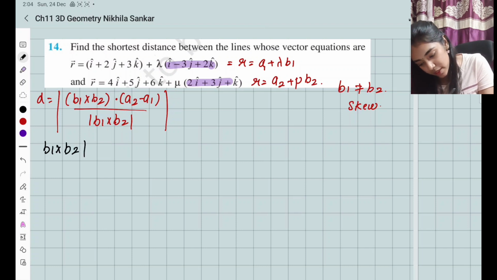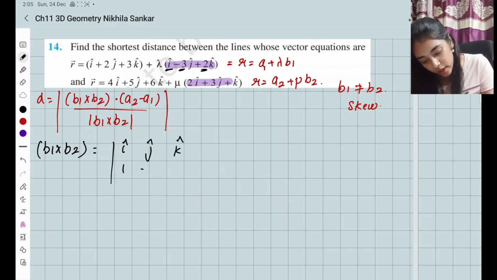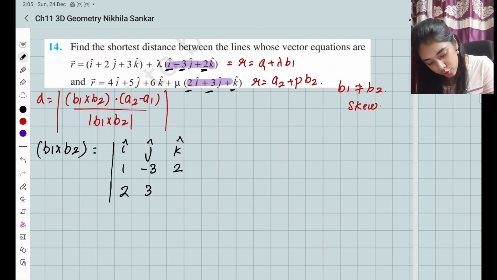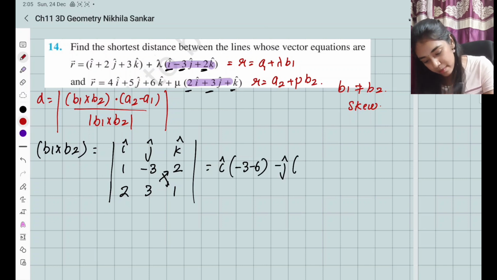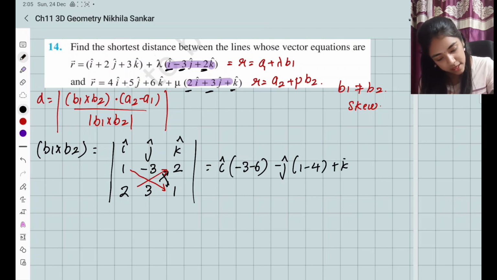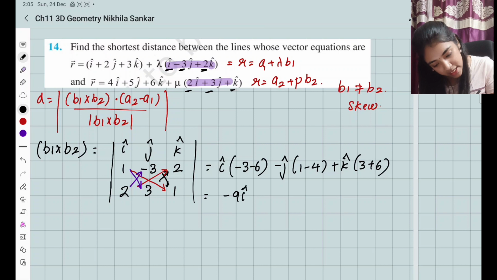So B1 cross B2 modulus அப்புறம் எடுத்துக்கலாம். This is going to be I, J, K and the first value is going to be 1, minus 3, 2. Next line la 2, 3 and 1. Now I have I cap times minus 3 minus 6, minus J cap times 1 minus 4, plus K cap times 3 minus of minus 6. So 3 plus 6. So this is going to be minus 9 I cap plus 3 J cap plus 9